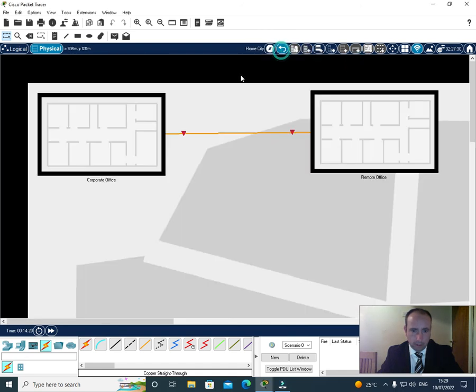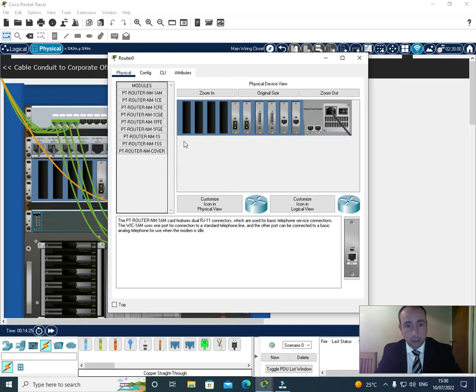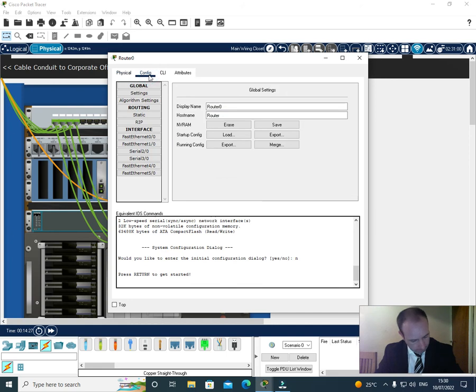So now I want to click back, and what I want to do next is configure the router. So click on config